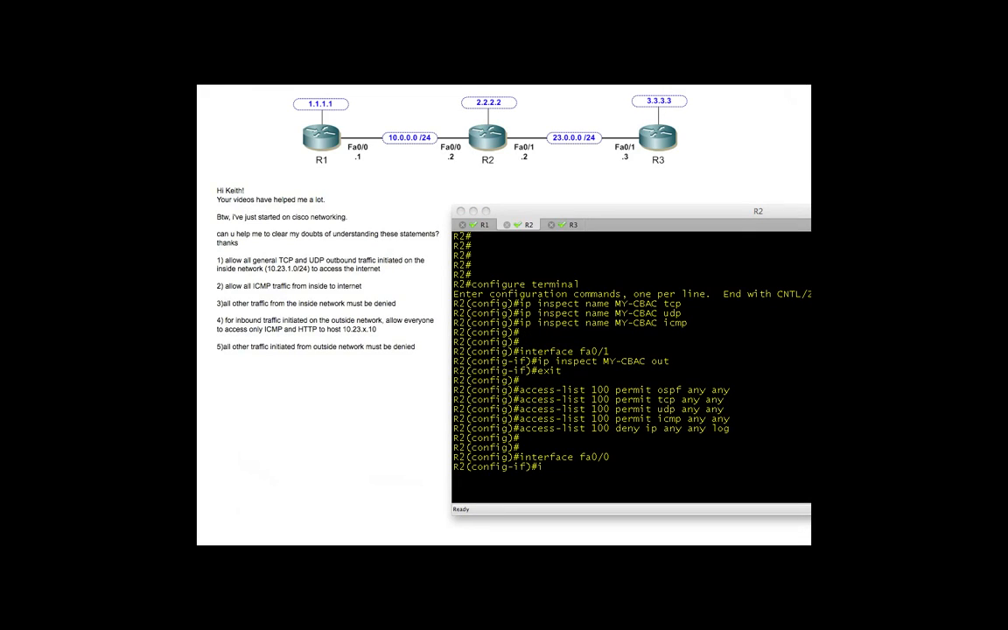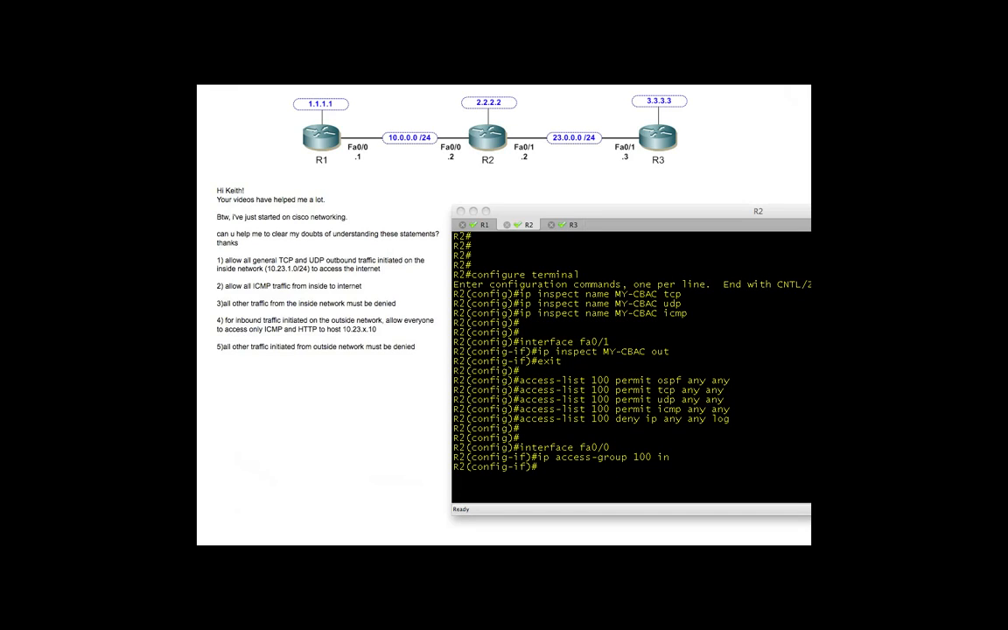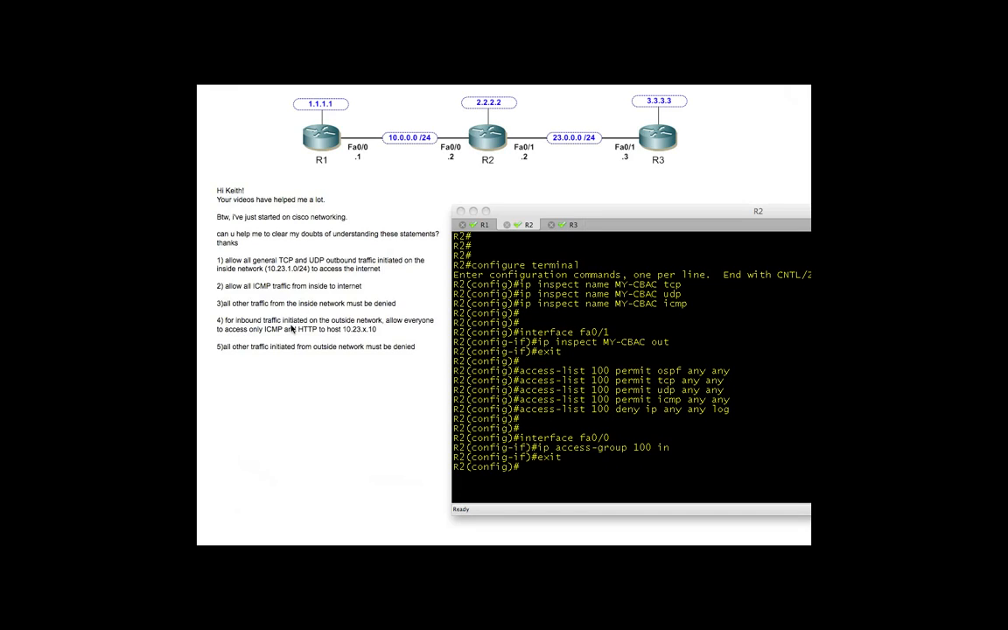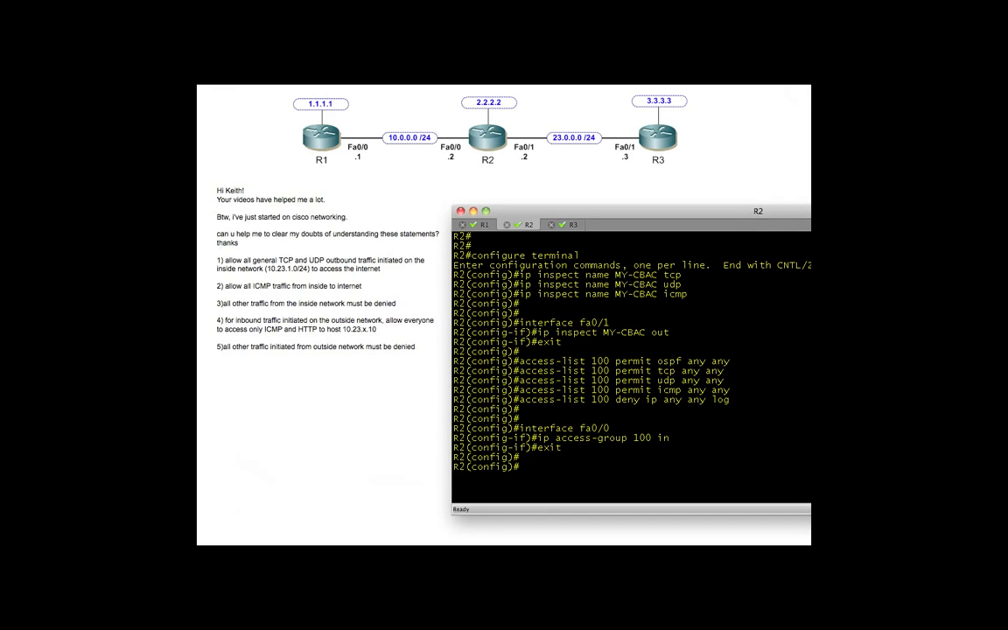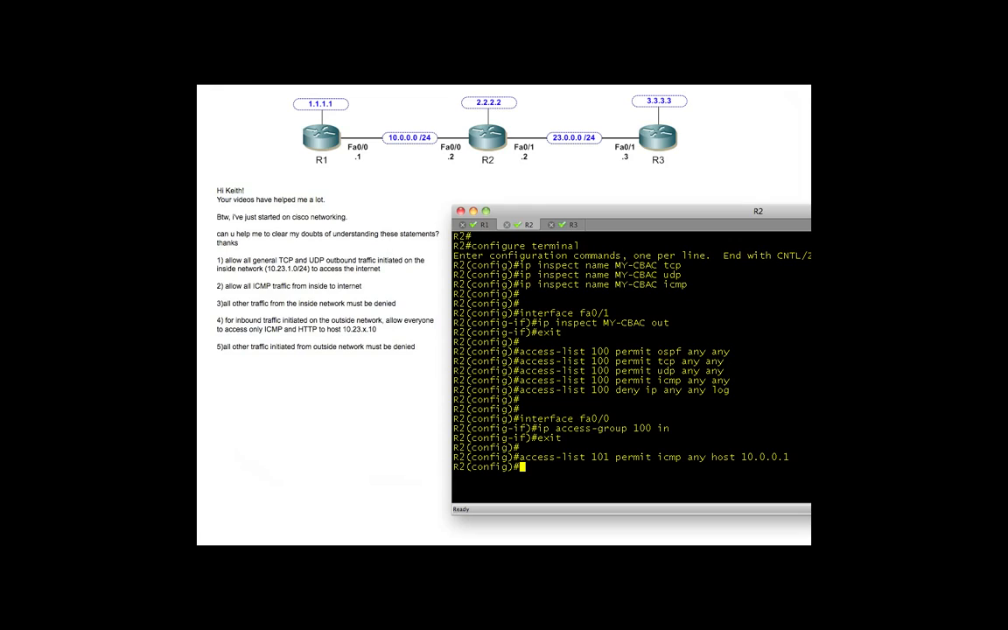Now, what about the outside world trying to get in? Well, the outside world trying to get in should be allowed to send ICMP traffic and HTTP to an individual host. And the individual host we're going to use is 10.0.0.1 because I have it available. So we go into configuration mode, we're already there, and create an access list 101, which is permitting ICMP to that host, permitting TCP to that host if the destination port equals port 80, and I'm also going to permit